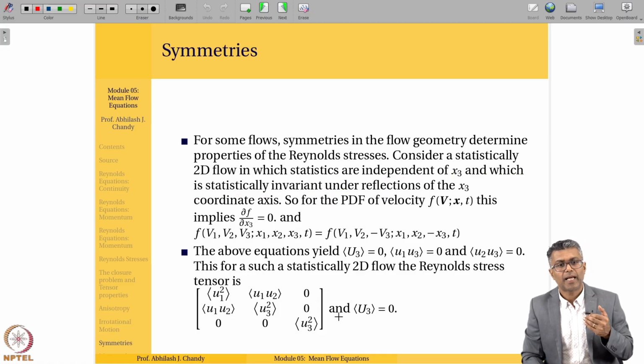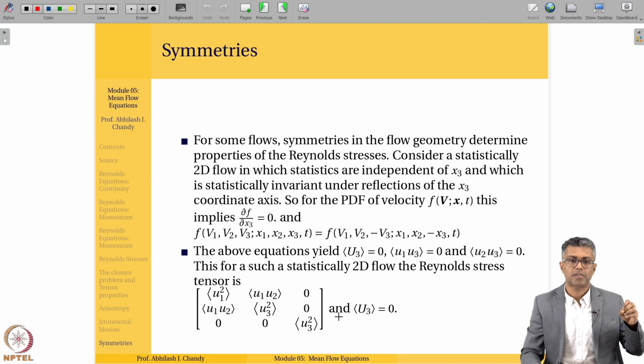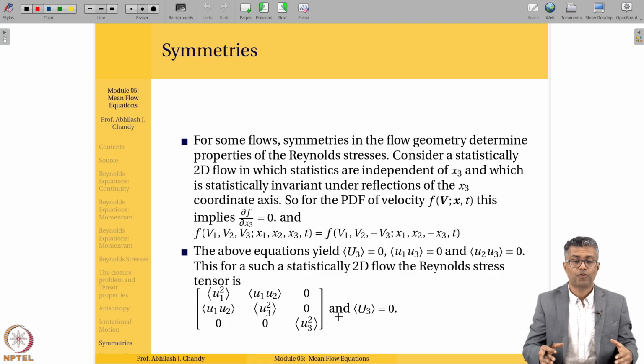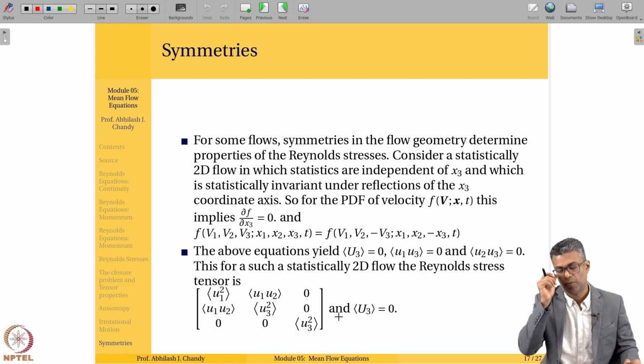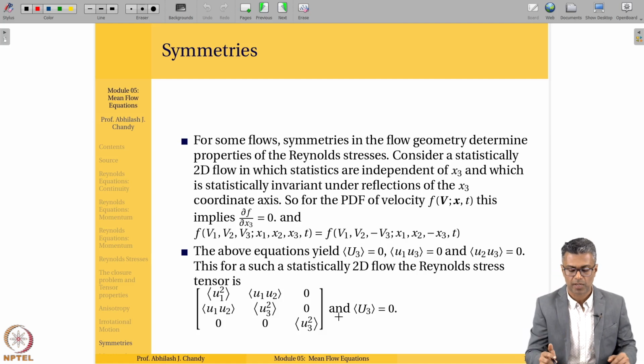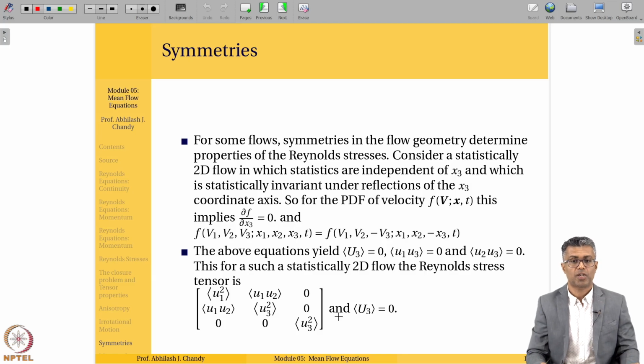Moving on, let's talk a little bit about symmetries. For some flows, the symmetries in the flow come about because of the geometry that we have. We saw earlier where we had a channel flow where we assumed the gradients in certain directions to be negligible. And that's kind of what we are discussing here. So if you consider a statistically 2D flow in which the statistics are independent of one of the directions, say x3, and also it is statistically invariant to any reflections of the x3 coordinate axis,